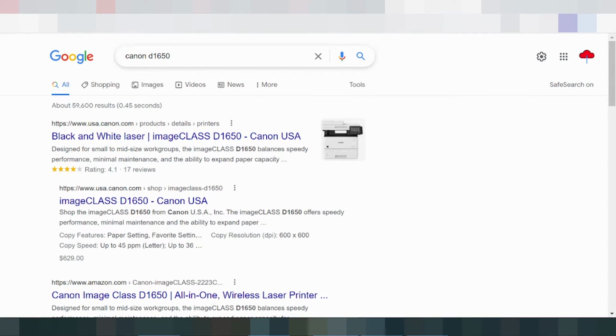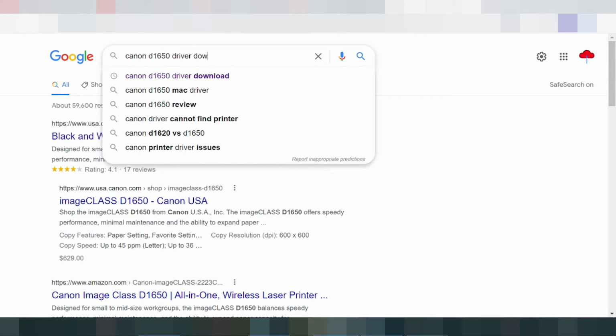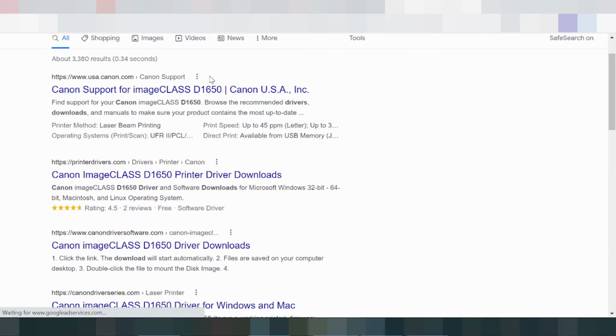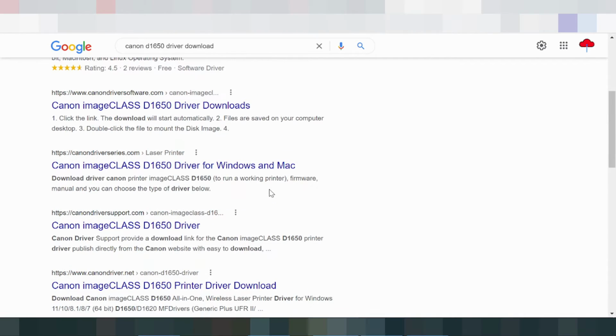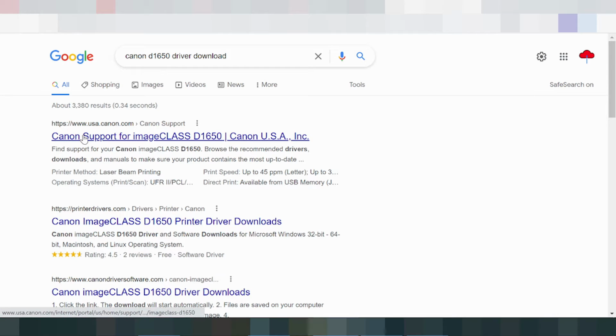Canon, this here the serial, and you type the driver download. Please wait, I am searching the official website for you. The official website is not a virus and easy to download from. And this here is the official Canon support website for imageCLASS